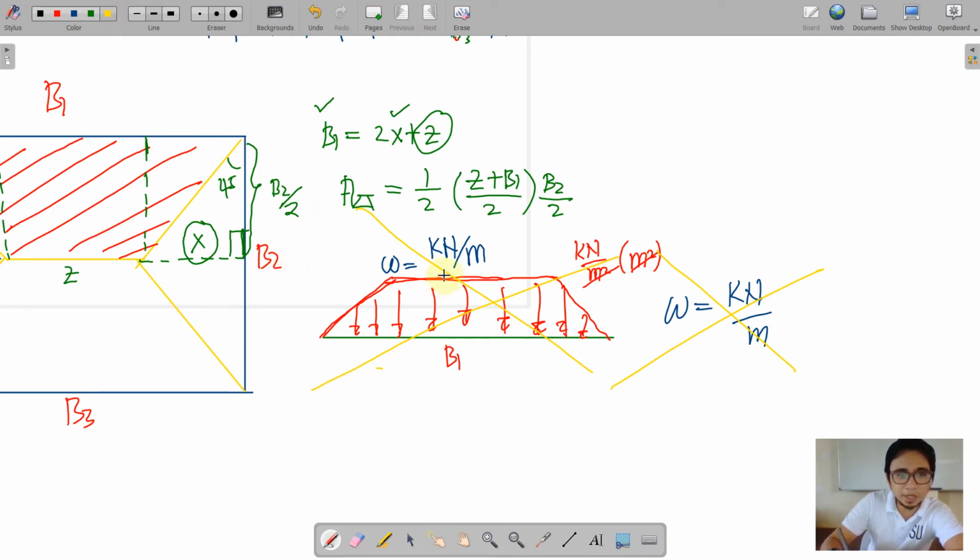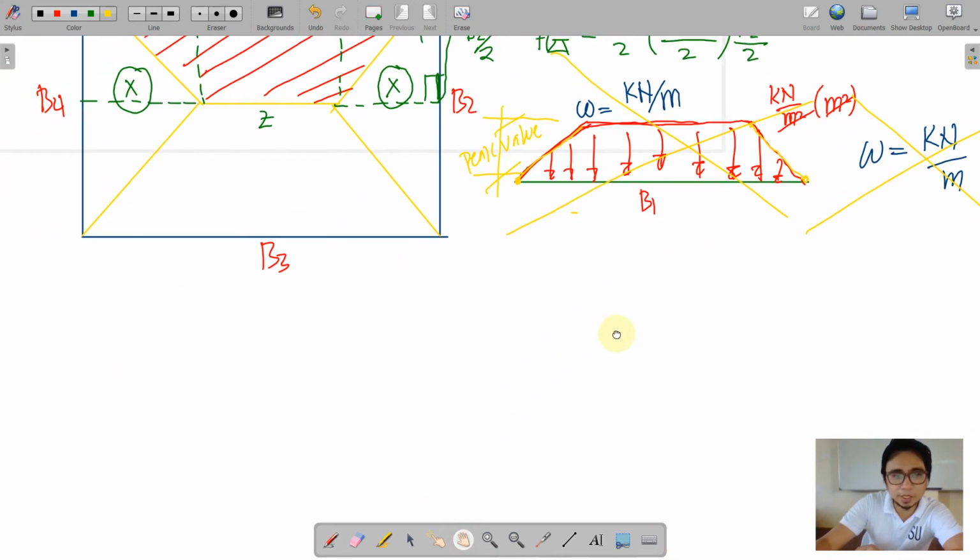the peak. Say this is the peak value of W. Why do we say peak value? Because it is 0 here, okay, up to the peak. So we have a trapezoidal distribution. So the correct procedure here is that,